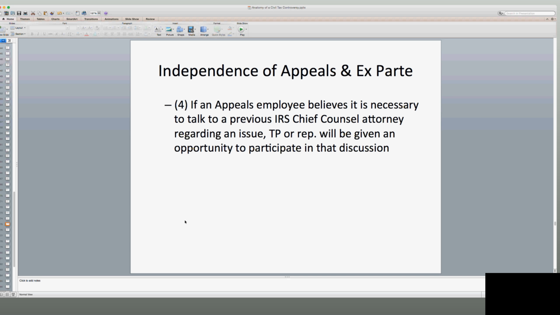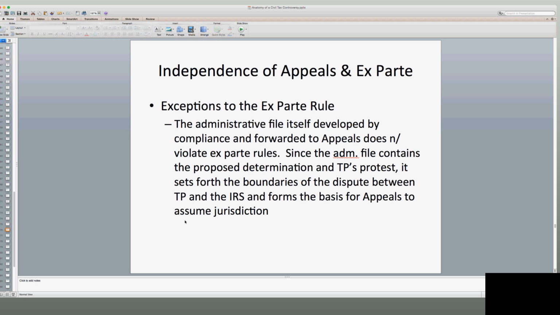But I will say this, while this rule against ex parte discussions sounds really good and sounds very helpful and friendly to the taxpayer, there's really no teeth in it, because it doesn't really say what happens if this does happen. And what is the recourse? Is the appeals employee sanctioned? Is the appeals employee suspended? Is the appeals employee fired? What the heck happens if this is violated? And, I think that there's going to be case law that we see that comes down in the years to follow. But so far, nothing.